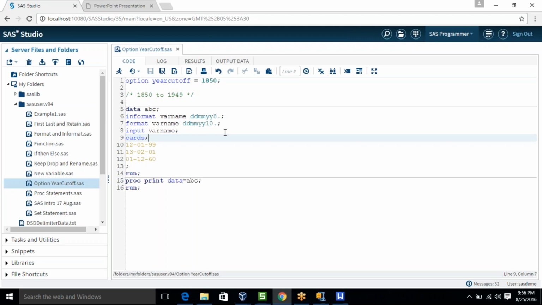But I am talking only about the main ones, which you generally use. Like yearcutoff is a very important one when we are reading dates. That's the reason I had taken this option. I already told you the default value of the option yearcutoff is 1920. So it takes